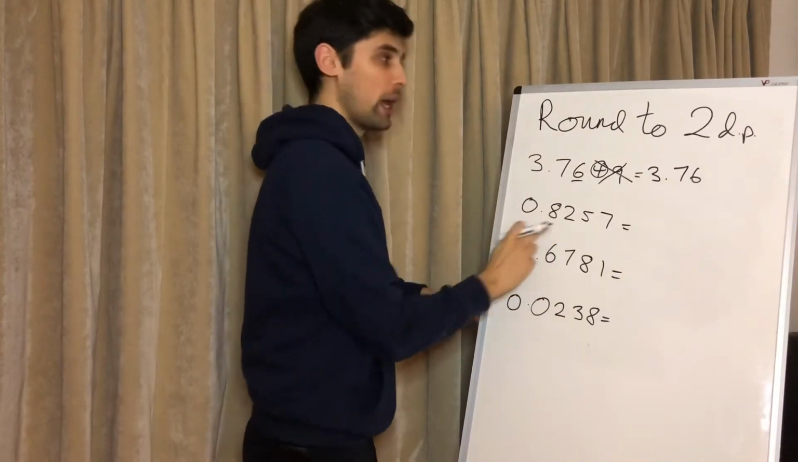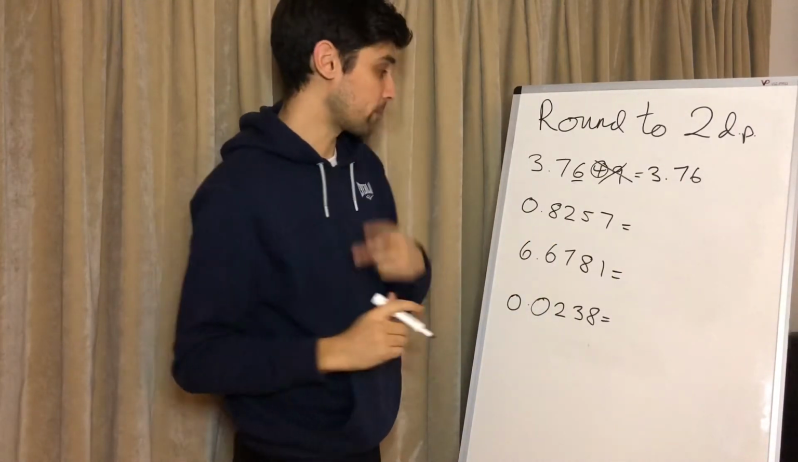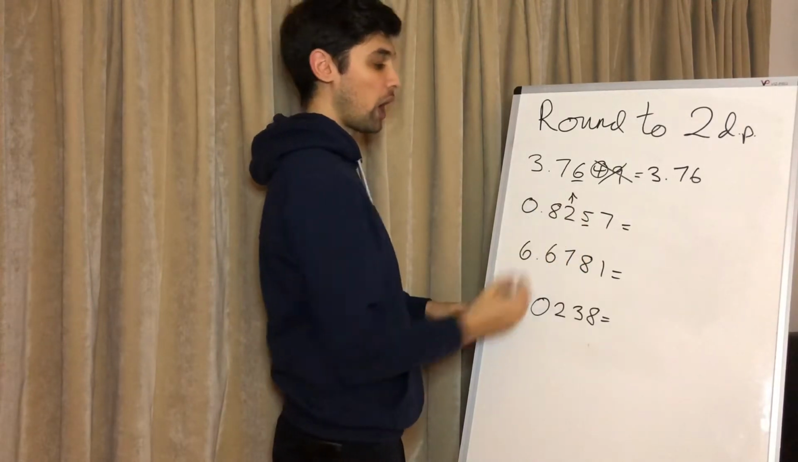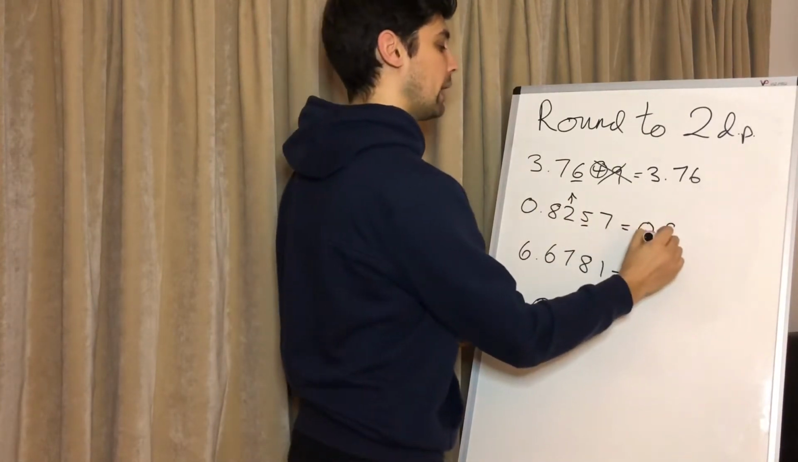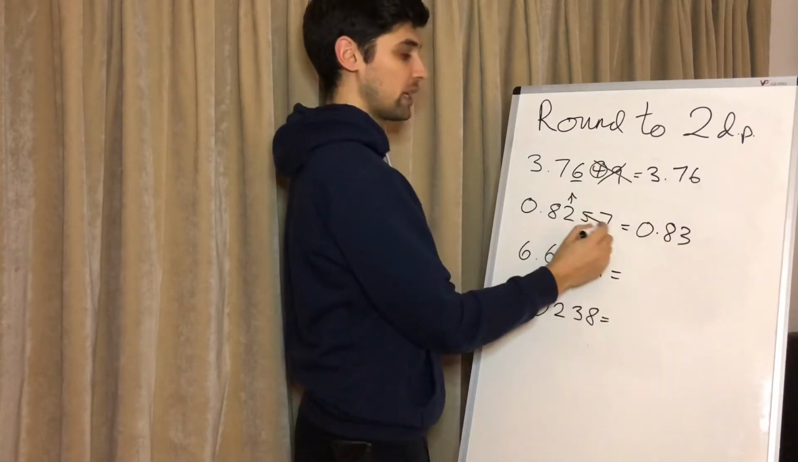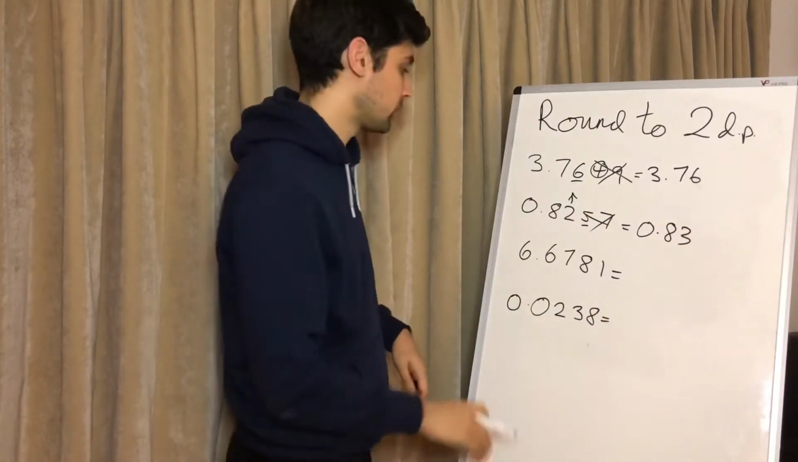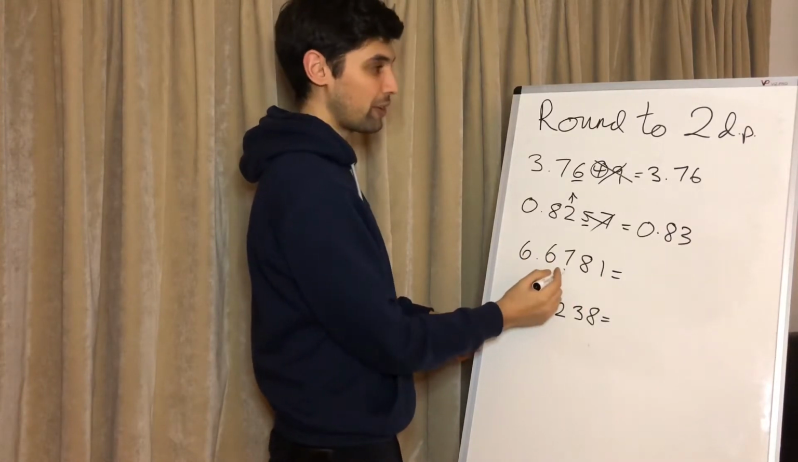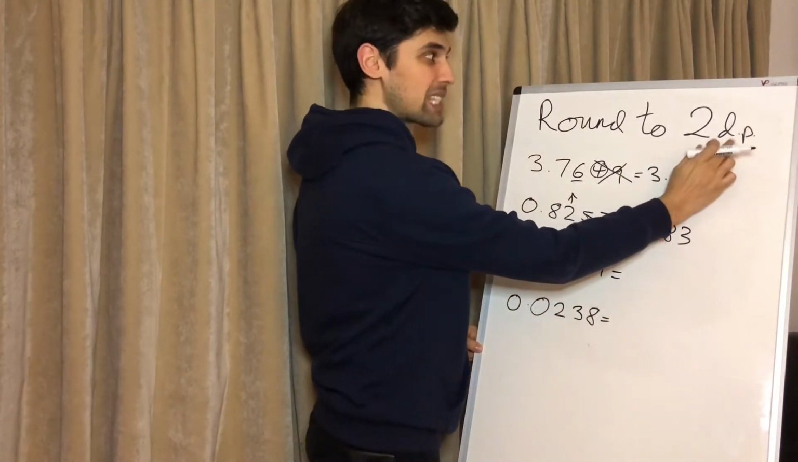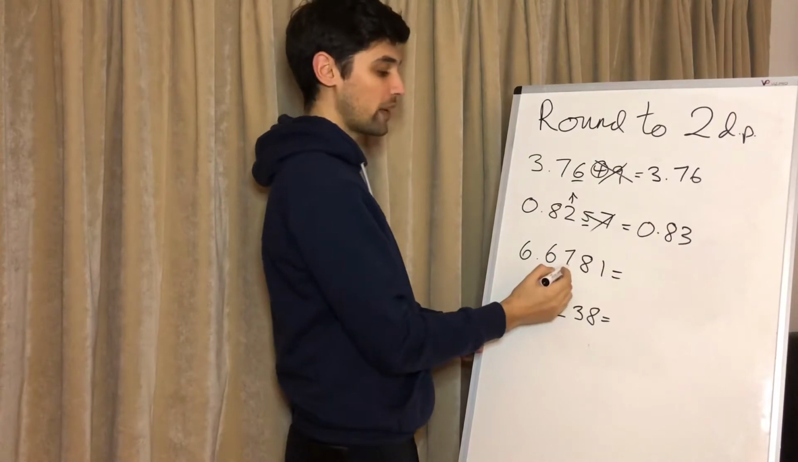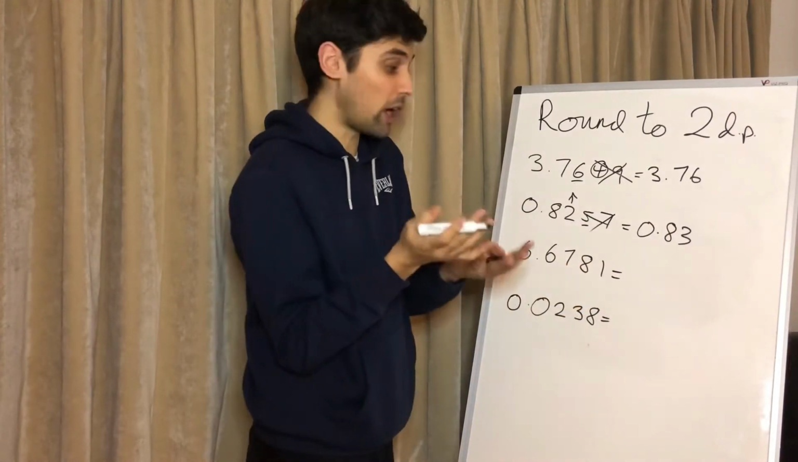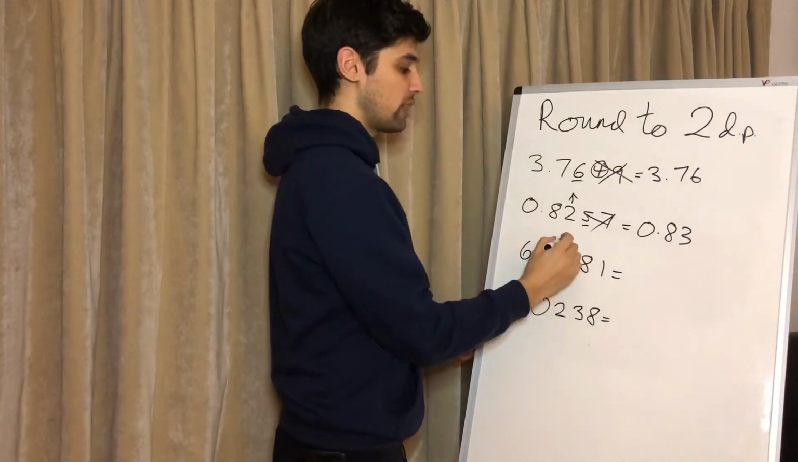0.82. 2 is the second number after the decimal point, and because the next number is a 5, that's going to push this 2 up to 0.83, and of course everything after that disappears. 6.6781. 7 is the second number after the decimal point, so that number is going to go up because the number after it is 5 or above. That's going to push this guy up to